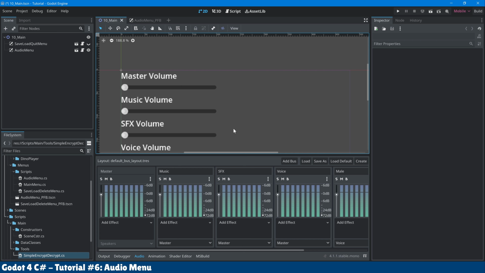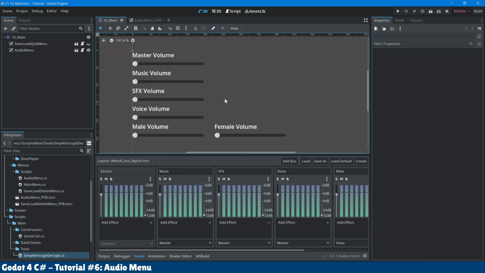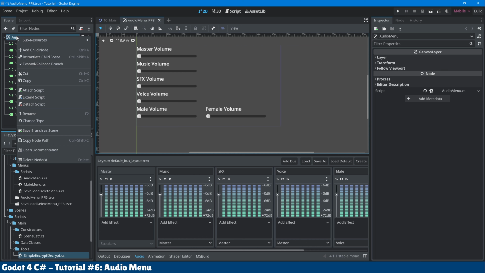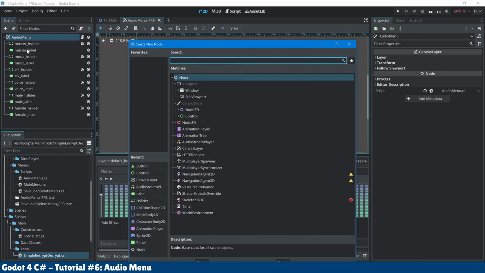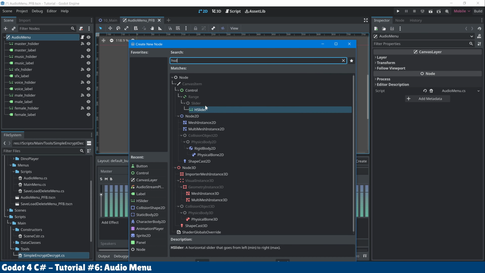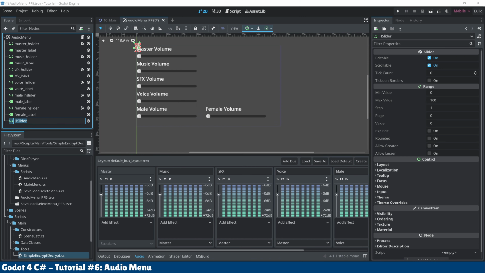What I would like to do now is go ahead and look at creating a label and a slider. We're going to make one label and one slider to just get you familiar with how to create them. So I'm just going to come over to the audio menu and we're just going to recreate the master volume. The first thing we can do is just add a child node, and we want an HSlider. So that's the horizontal slider. And I'm just going to call this temp master